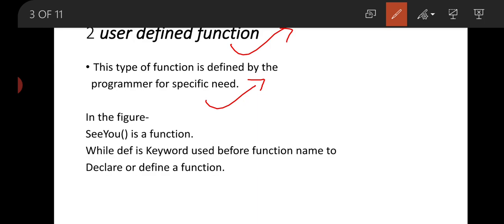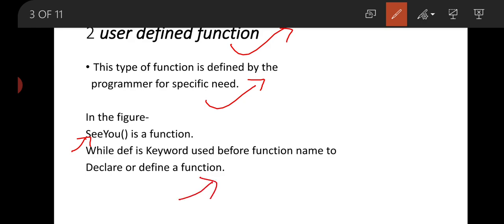Next, for example, if we look at the figure of the bare bones of a Python program, in the first line we have written the code def cu. Then here cu is a function. Cu is a function that is defined by the programmer, developer or user, while def is the keyword used before the function name to declare or define a function.